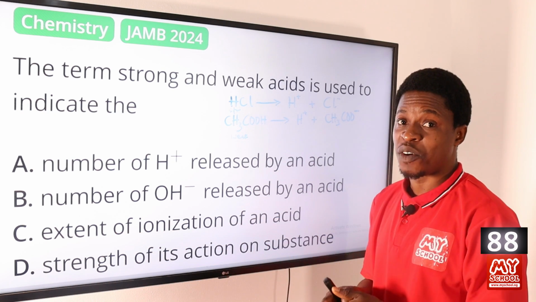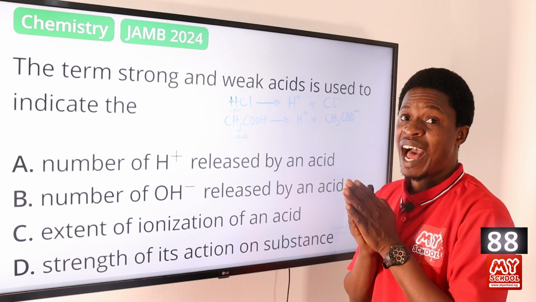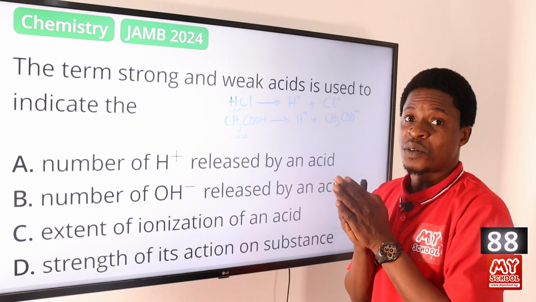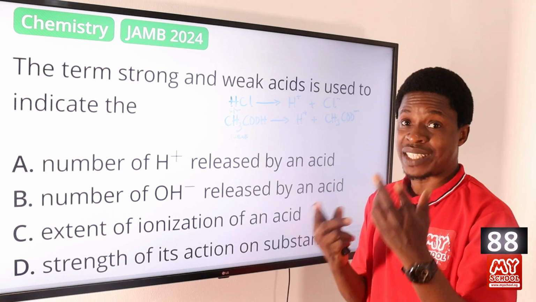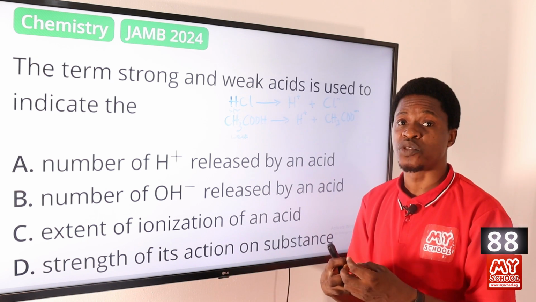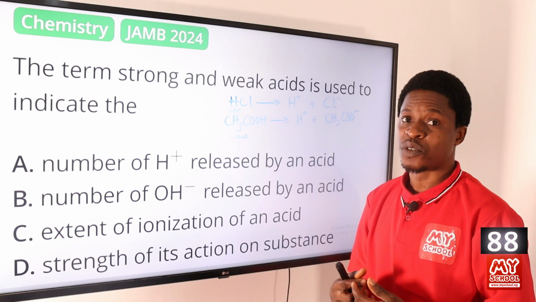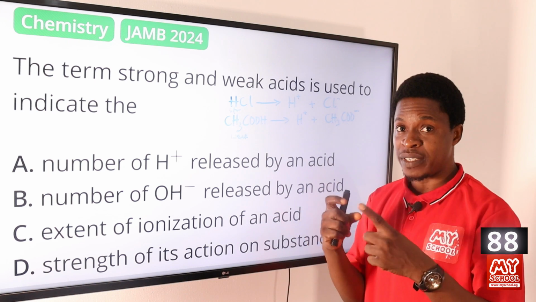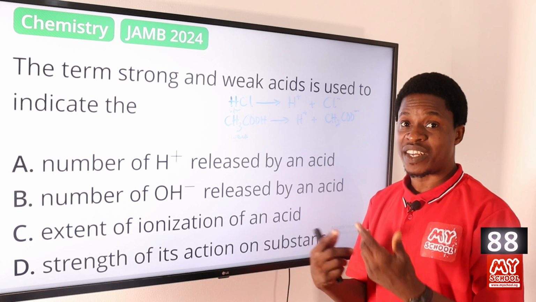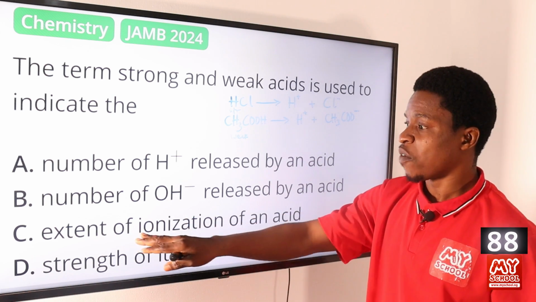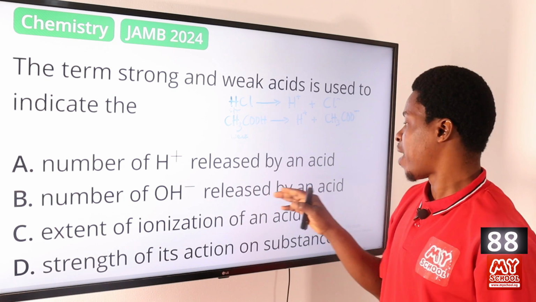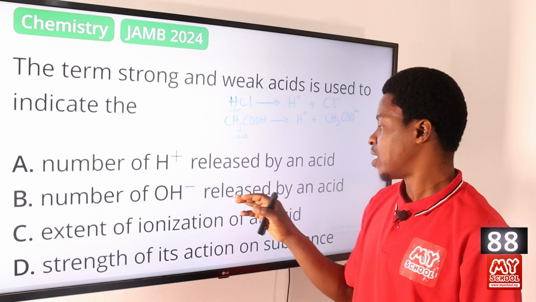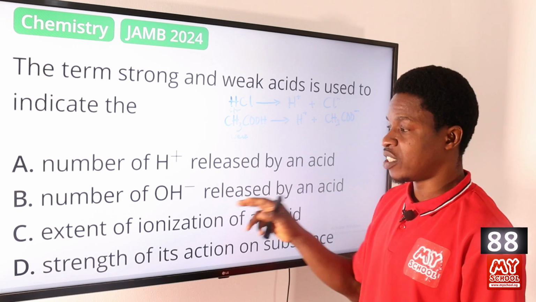When you talk about extent of ionization of an acid, we are talking about how much of the hydrogen is able to dissociate. When a metal is coming in, for example, how many hydrogen can be displaced? Of course, we talk about the basicity of an acid, the strength of an acid. The number of hydroxyl ions released by an acid is not applicable, because